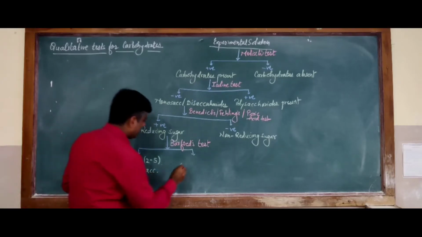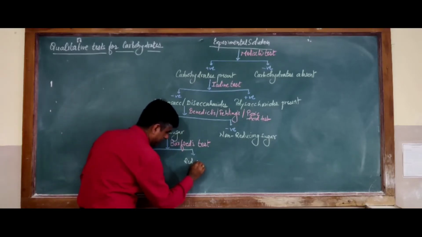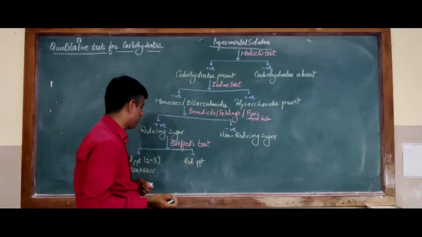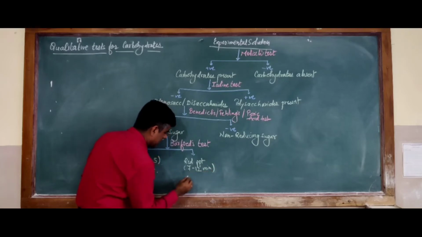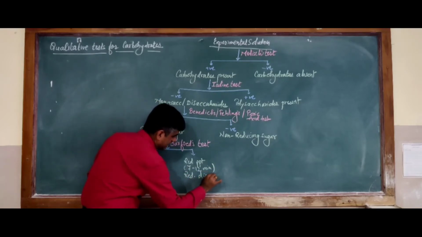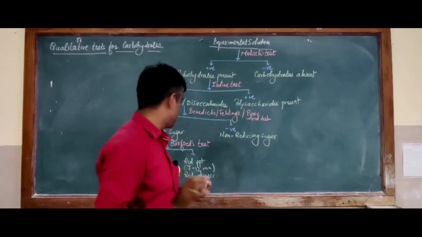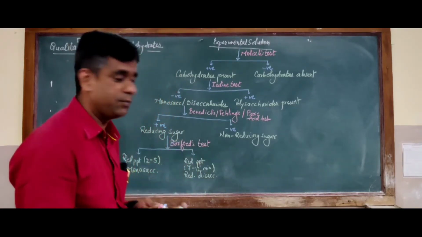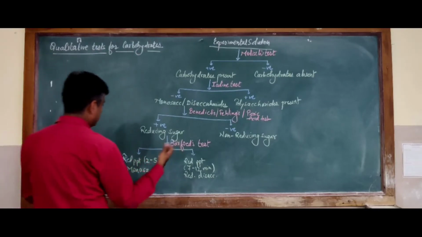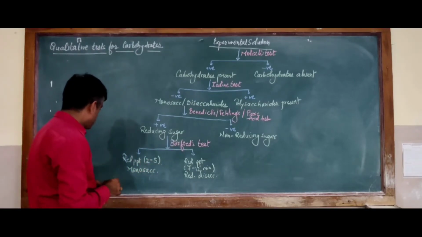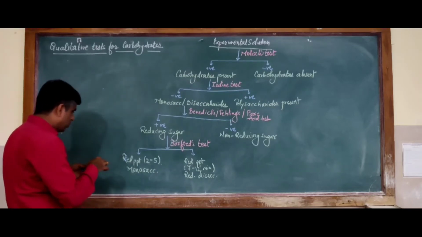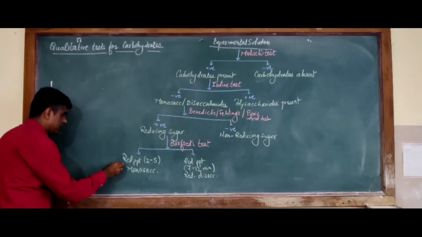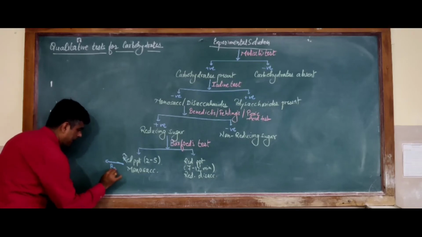But if I get a red precipitate a bit later, say after 7 to 12 minutes, then I'll say that there is presence of some reducing disaccharides, like maltose. So if you get this Barfoed test answered a bit late, you can say that yes, some reducing disaccharides are present. If I get a red precipitate indicating a positive Barfoed test, I can go for the next test, that is your Bial's test.